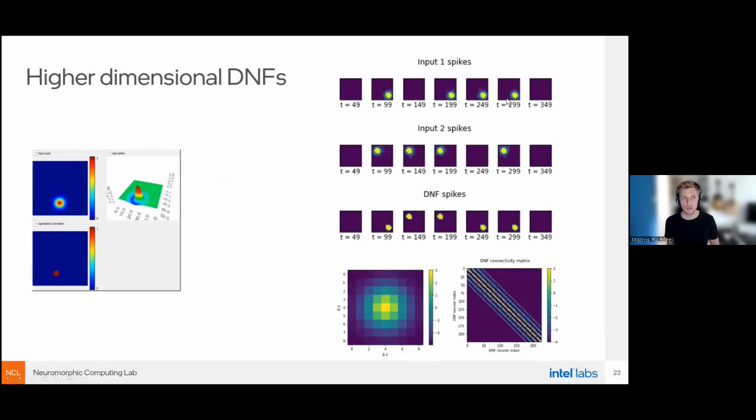You can also do higher dimensional DNFs. In CEDAR, this would look like that. With spiking neurons, it actually looks very similar because of the way we are representing it here. So the DNF is shown here as snapshots over time, and the snapshots are shown as, I think, the spike rate over the last couple of time steps, and you can see that it only ever creates a peak at one location. So this is a 2-dimensional selective dynamic neural field. I believe this has 15 by 15 neurons. And these are again spiking neurons,